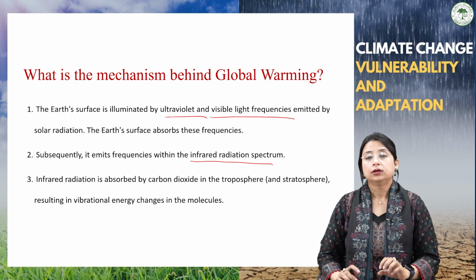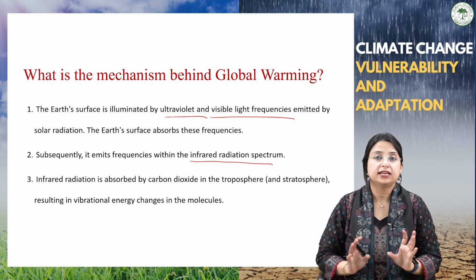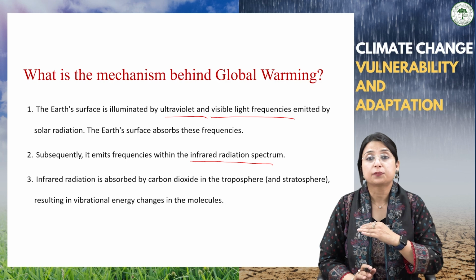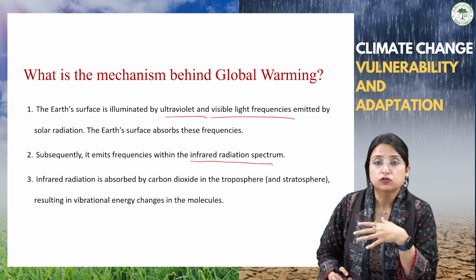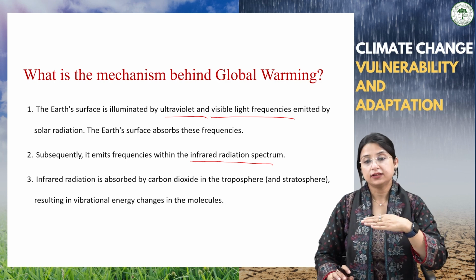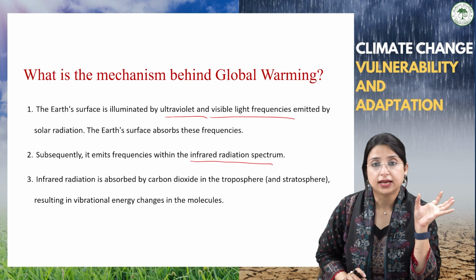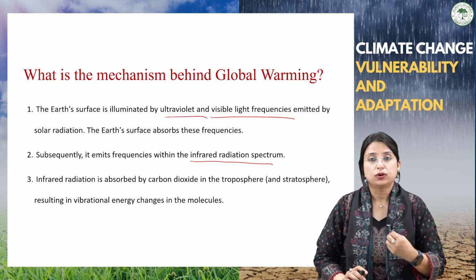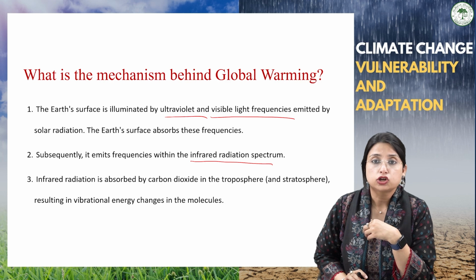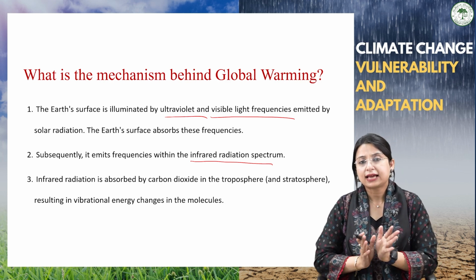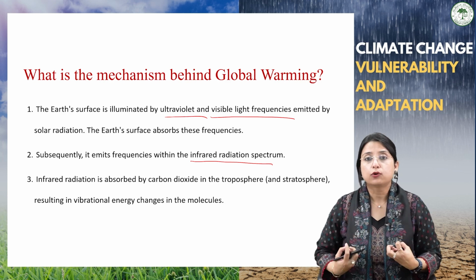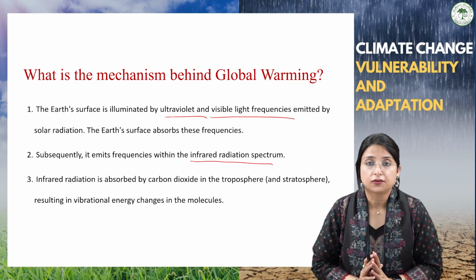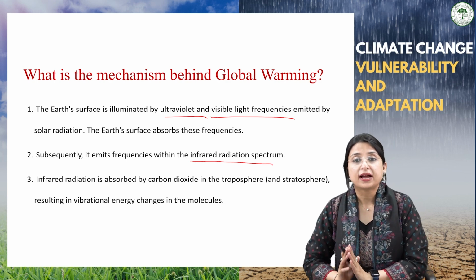Now, the different gases like carbon dioxide, methane, oxides of nitrogen, cloud covers, and atmospheric particles, particularly the solid particles present in the troposphere and lower atmosphere, absorb this radiated infrared radiation and re-radiate it. When we see the atmosphere, it is almost transparent for the incoming solar radiation, which is in short wavelength. Some of it is scattered, reflected and lost, but the major portion is received by the Earth's surface. But when it is radiated back by the Earth's surface in the infrared radiation spectrum, most of